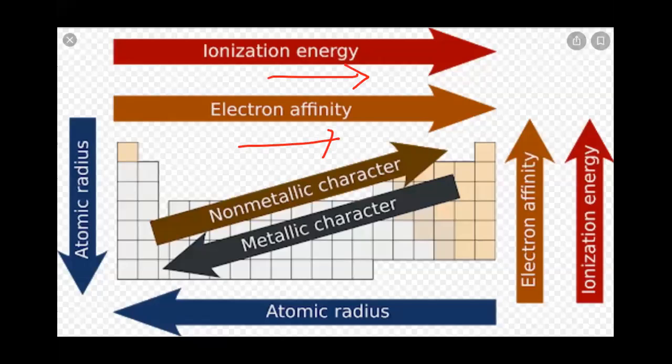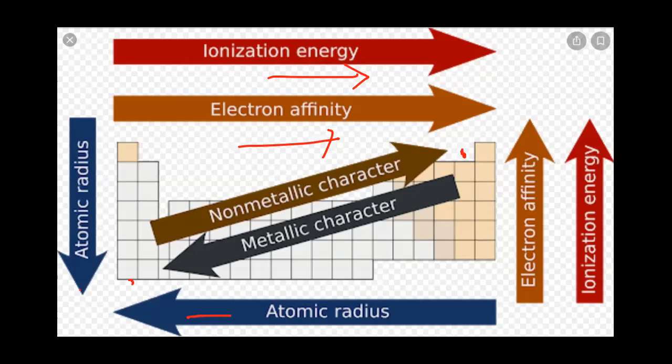Ionization increases. The arrows are given in the direction of increasing order. That is why here you see it is given upwards, that the electron affinity values increase. But basically, you have studied that electron affinity values decrease when you're going down the group, so the arrows have been shown the other way. And regarding the atomic radius, it is shown here, and by this arrow you can understand that it is decreasing when you're going across the period. Coming to the non-metallic character, they have given it diagonally, that non-metallic character increases, which means the most non-metallic element is here and the most metallic element is going to be on this corner.